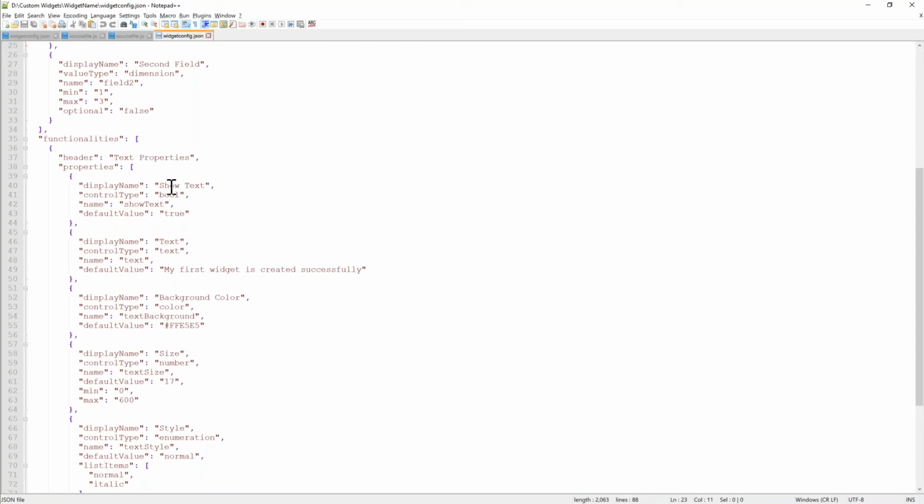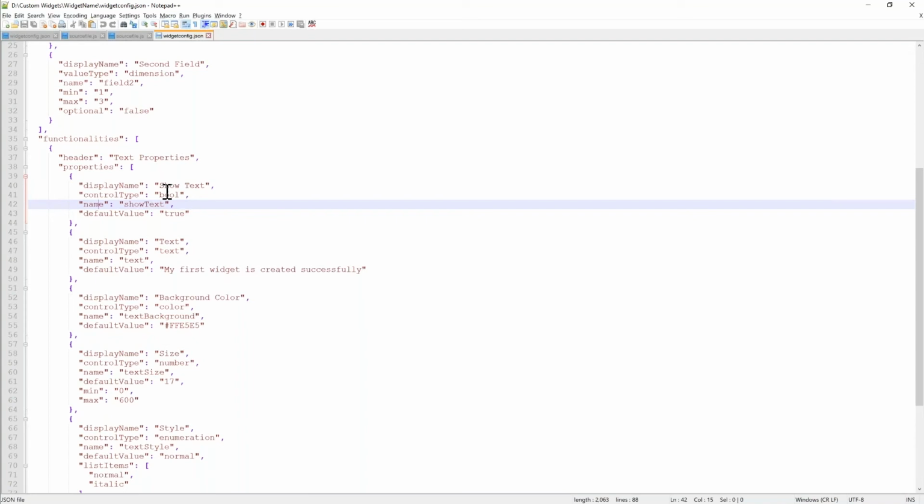properties. So the first one would be a checkbox. The control type would be Boolean here. We provide a display name, the control type, the name, and also a default value for each of these properties. Okay, so the default name can be anything. The control type should be the one that you want to use, and name is a value that you can make use of while you implement it in the script.